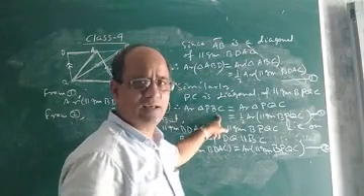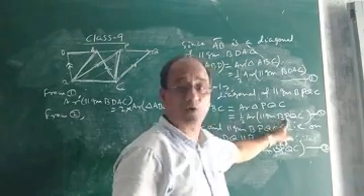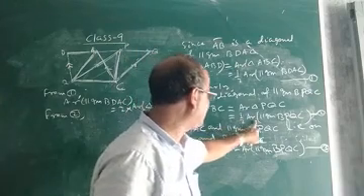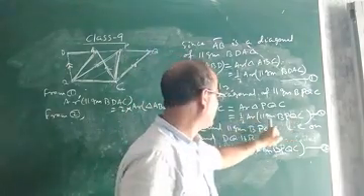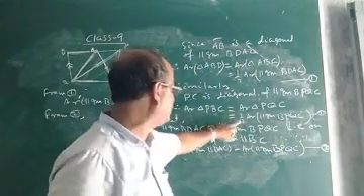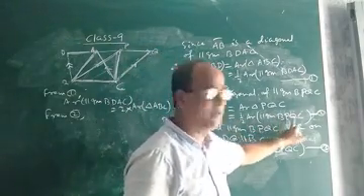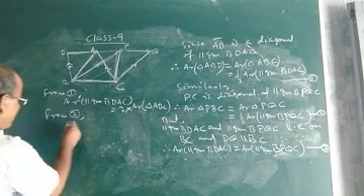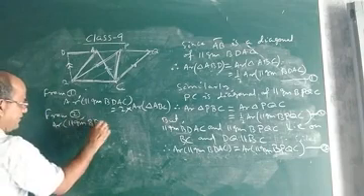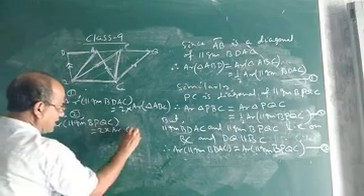Area of triangle PBC equals area of triangle PQC, which equals half into area of parallelogram BPQC. Now see, if area of triangle PBC is half the area of parallelogram BPQC, then area of parallelogram BPQC will be 2 into area of triangle. This 2 will be multiplied here, so that we will get area of parallelogram BPQC from equation 2. From equation 2, area of parallelogram BPQC will be 2 into area of triangle what?